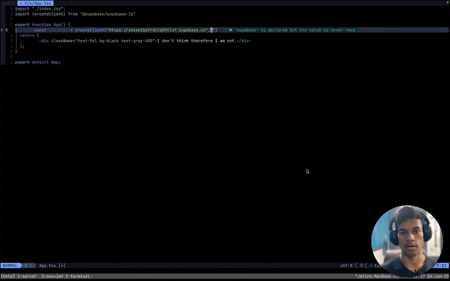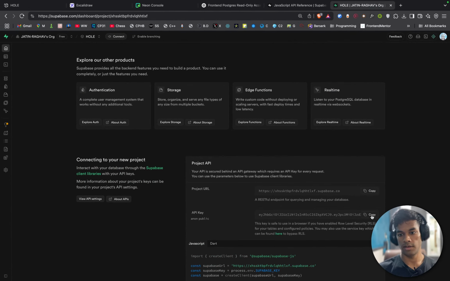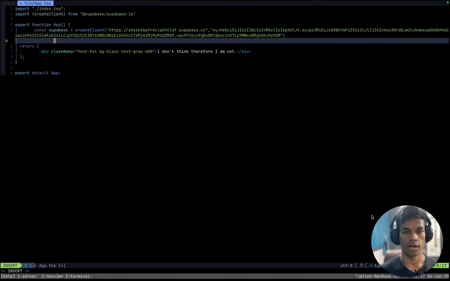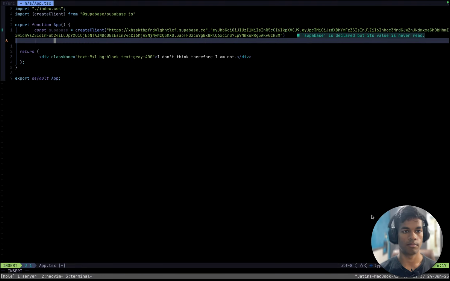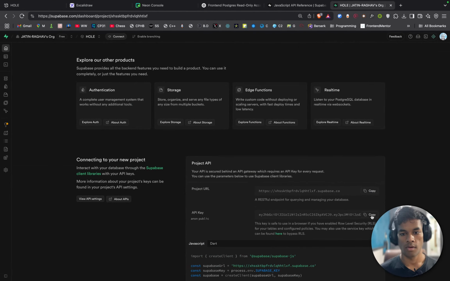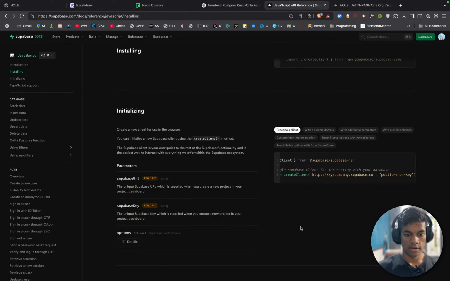Paste and key. Yep, it is visible. It's quite visible, but that is fine. I'll just delete the database later and create a new one.